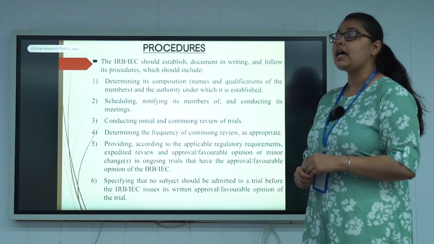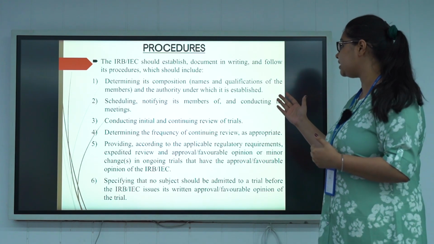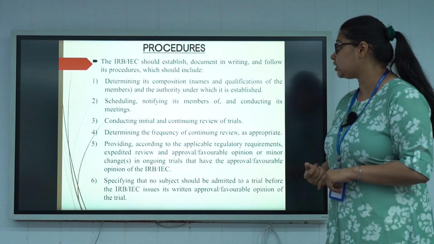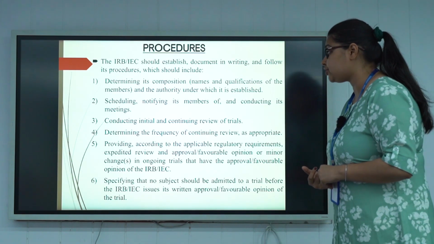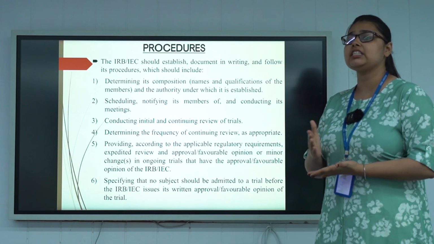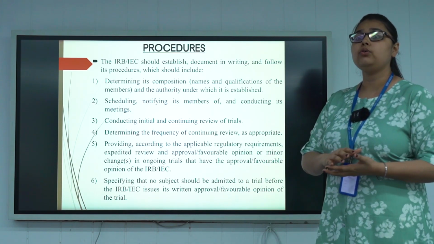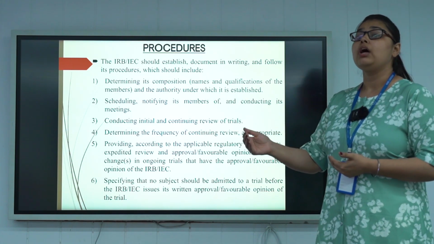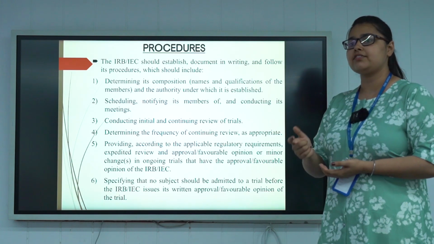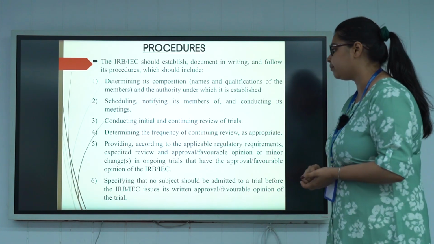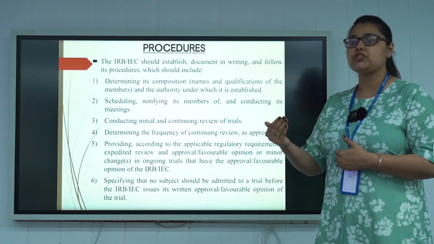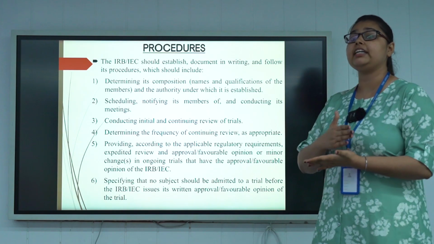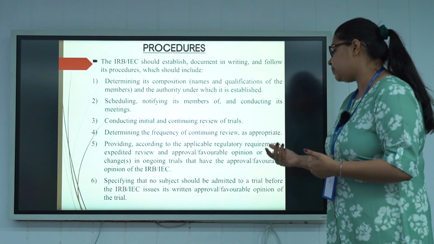So what are the procedures? IEC IRB should establish their documents in writing and follow its procedures. So these are some of the procedures. They should determine their composition, the authority under which it is established, schedule and notify its members when the meeting takes place, conduct initial review as well as continuous review during the clinical trial, determine the frequency of review, that is how many times the review will be conducted, as we have studied that once a year it is mandatory. Providing information to regulatory requirements and expedited review, providing their opinion whether it is approved, disapproved,